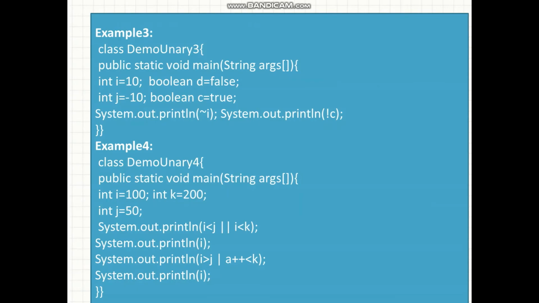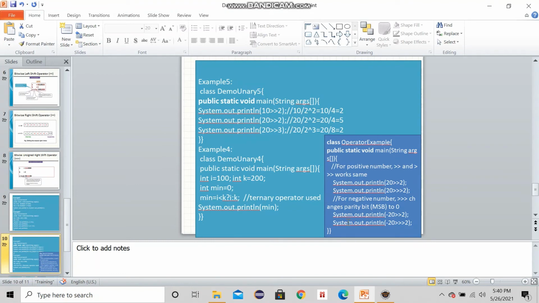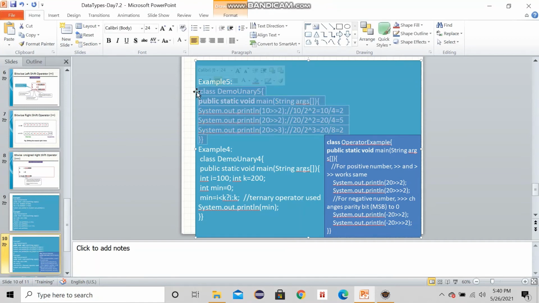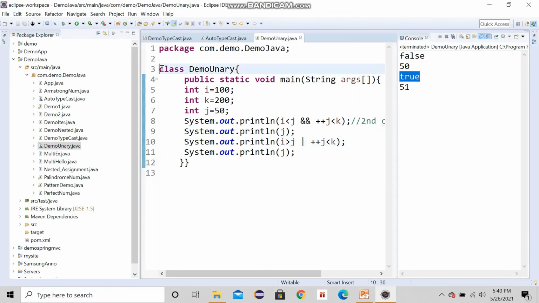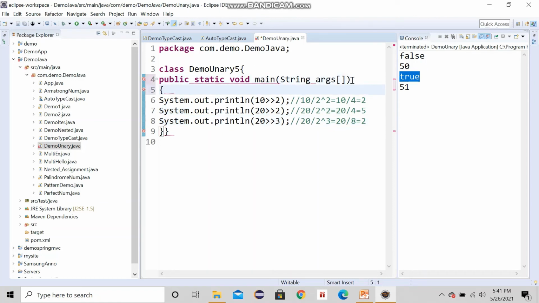Now coming, with this information, let's run the program here. Let's take this first. Okay, let me remove this part quickly. Okay, now it is saved. Okay, there is some error here. The error is with the class name.